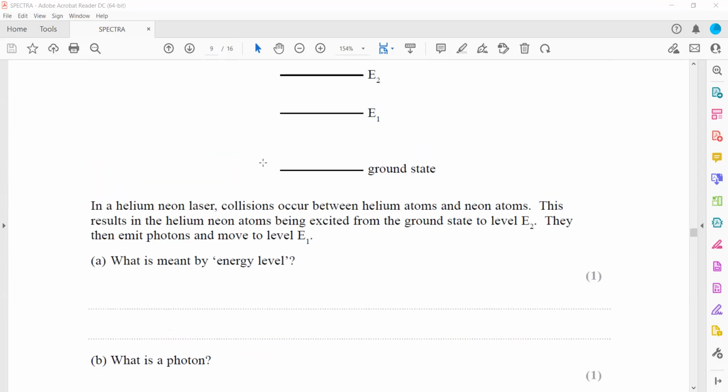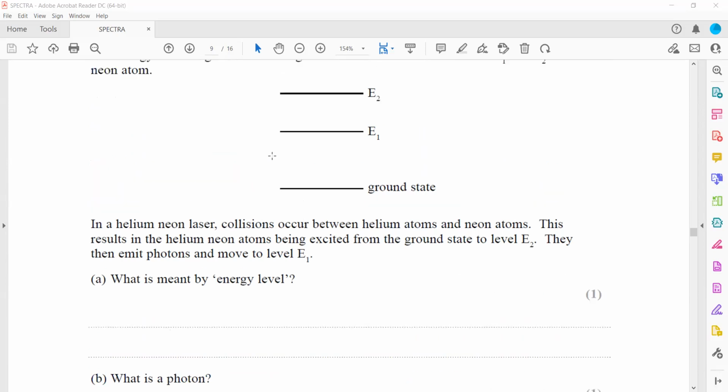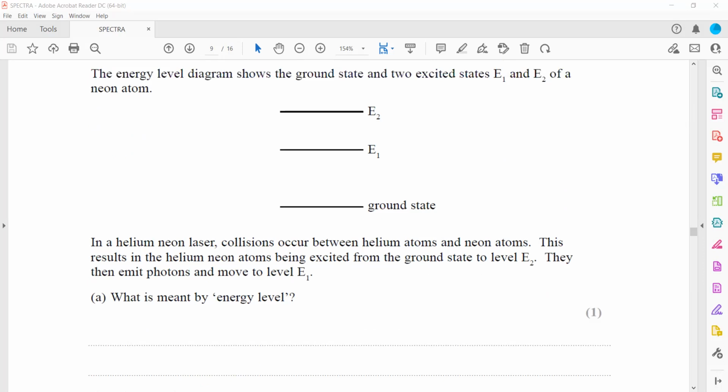In a helium-neon laser, the collision occurs between the helium atom and the neon atom. This results in the neon atom being excited from the ground state to level E2, and then they emit a photon and move to level E1. So basically what happened,